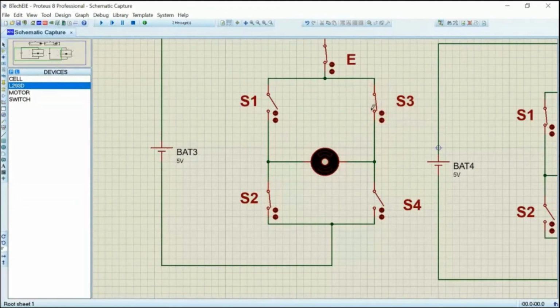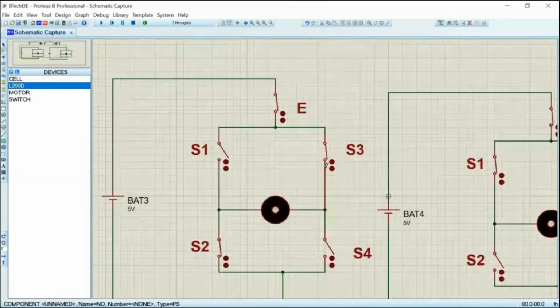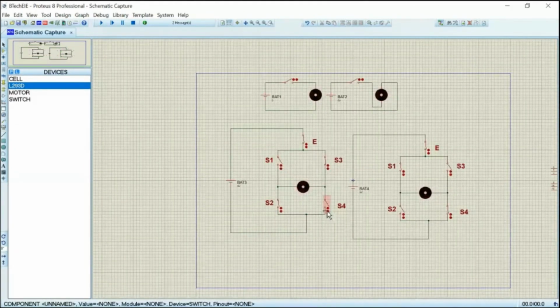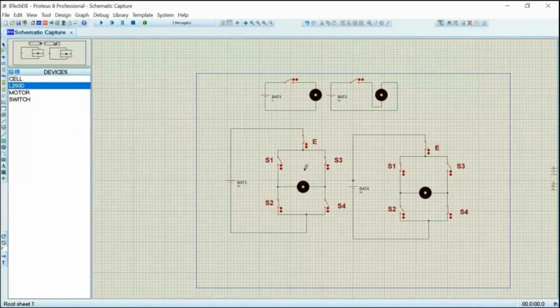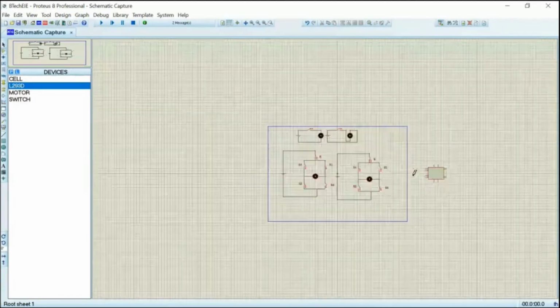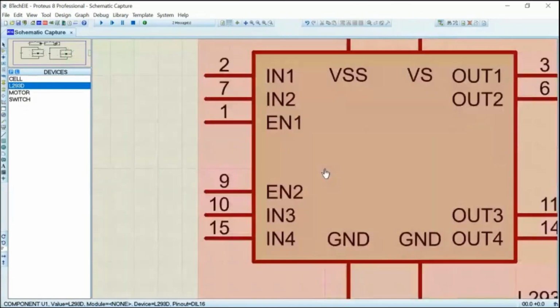Why are they combined together? Because at any given point in time, we are going to operate them together. So that is why they are combined together. So in 1 is the combination of these two. In 2 is a combination of these two. Enable is obviously a separate line. So we need three lines for one bridge. Agreed? Yes, sir.